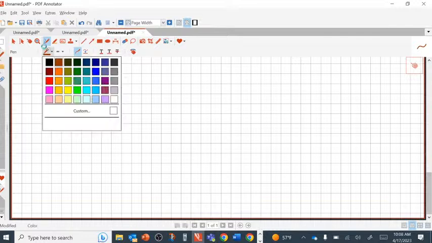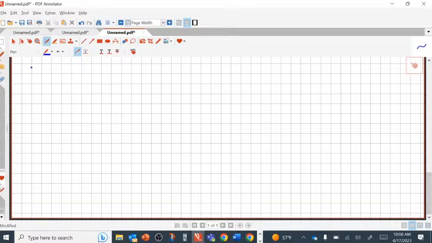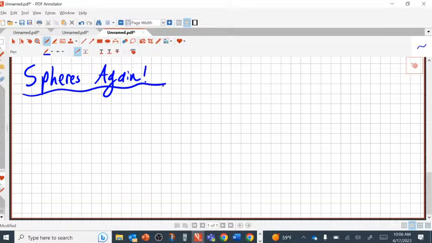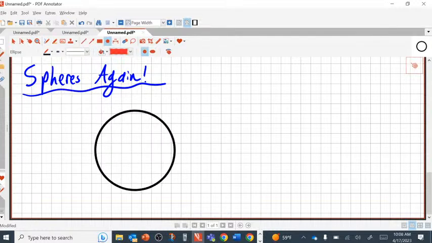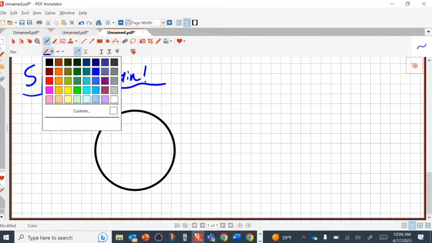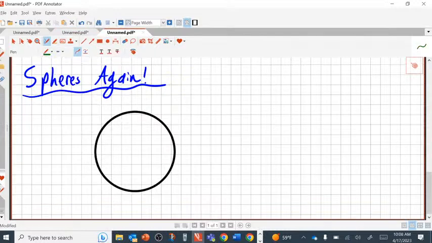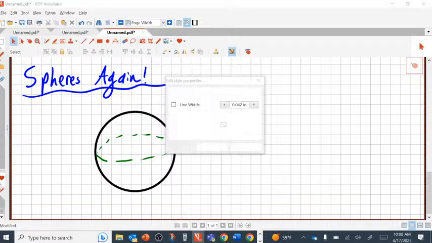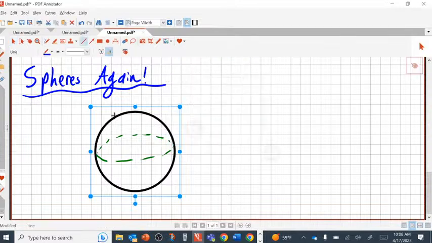Okay, anyway, can I get you in 5, 4, 3, 2, 1? Underneath all this, got a pencil? Spheres again. I would like everyone to draw a sphere and give it a belt. So you draw a circle and you give it a belt. Now it's a sphere. If I tell you that the diameter of that sphere, that is the distance from one side of the sphere to the other,